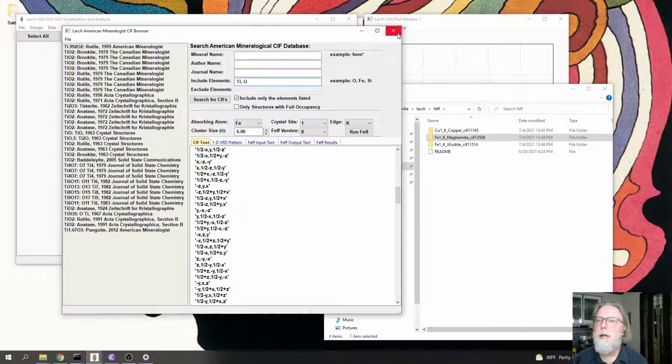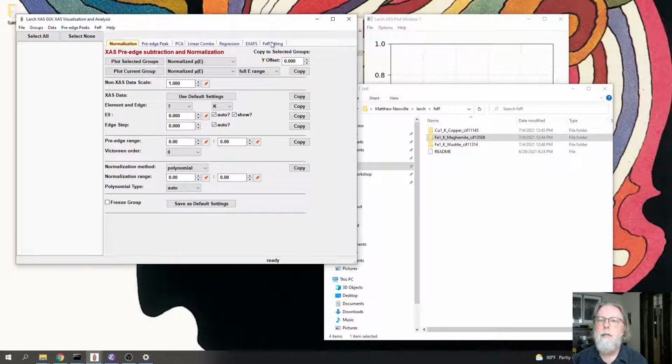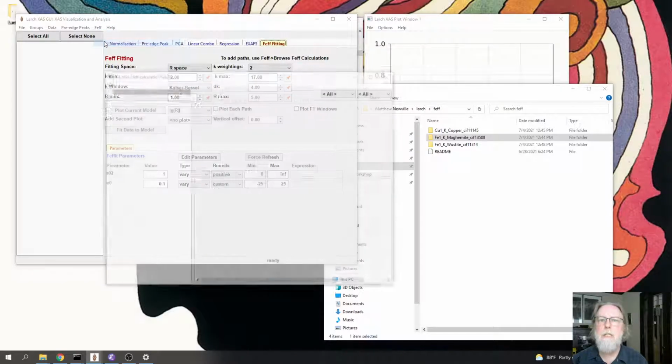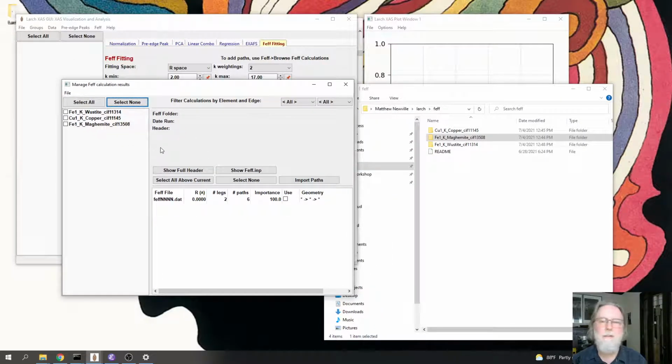So I'm going to close this for now, because now that we've done some calculations, we can start to use them. And if we go over to our Feff fitting tab, we can then read in our Feff calculation. This will help us do the sum of paths for simulating the XAFS, and including fitting to data. But if we go to the Feff menu below, browse CIF to run Feff, we can now browse our Feff calculations, and that will bring up this